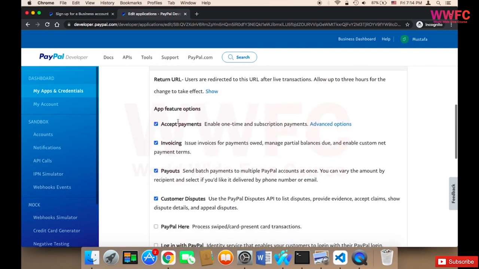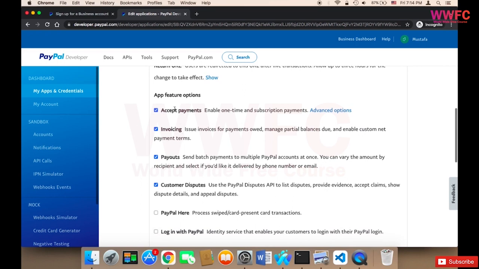And if you scroll, you'll find many options, and by default you will have these options: accept payments, invoicing. Just keep these as they are because these are important. You need to